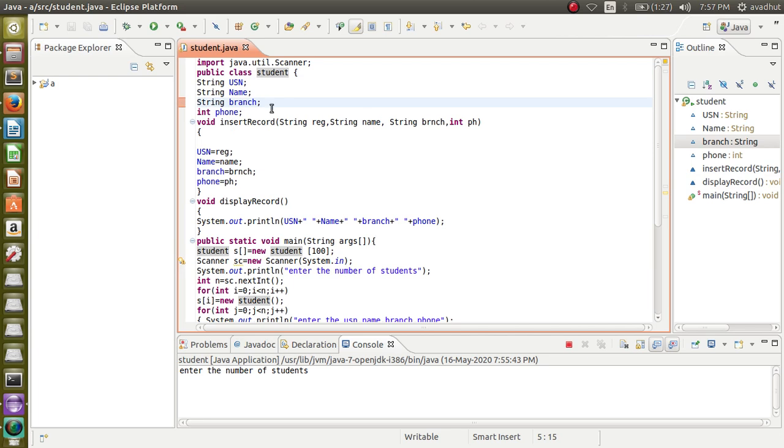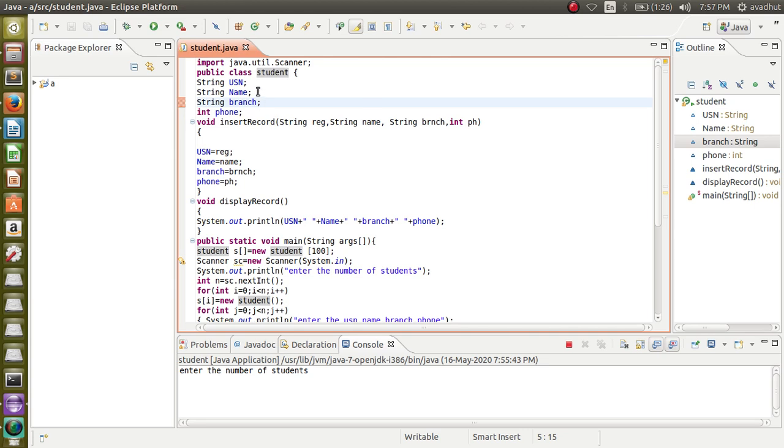One thing we have to remember is what should be the name given to the program. The name given to the program should be the class name. There will be many classes in the program, but the program name should be that class in which you have the main function. Now you can see here public static void main is present in the student class. So I have given student as the name of the program here.